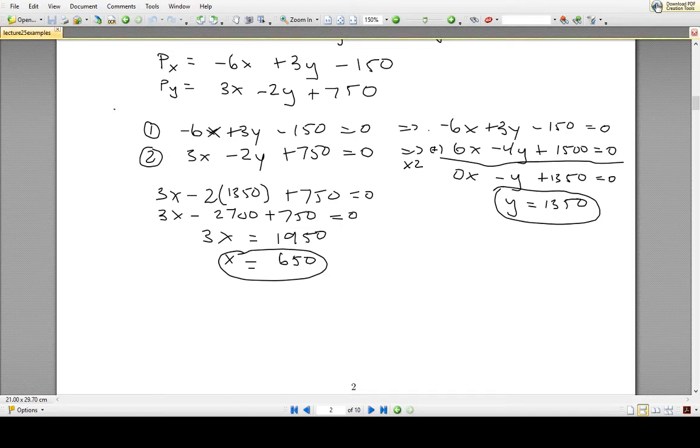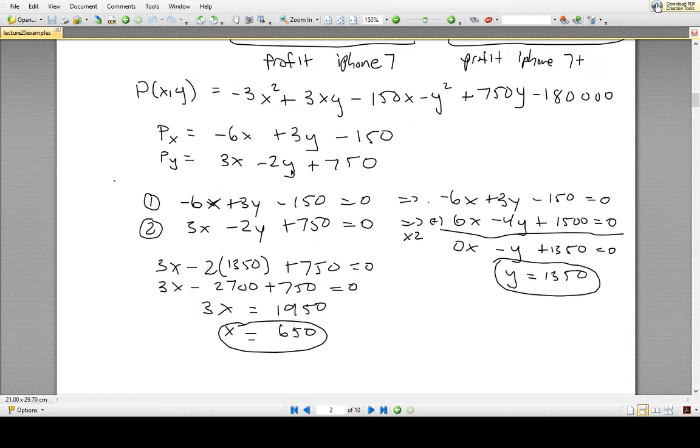Let's actually finish up this question by showing that these prices for the iPhone 7 and the iPhone 7 Plus are actually a maximum. We're going to do that by calculating the second derivatives. So if we go up here, here are the first derivatives of the profit. If we take the derivative of p_x with respect to x, we get the second derivative of p with respect